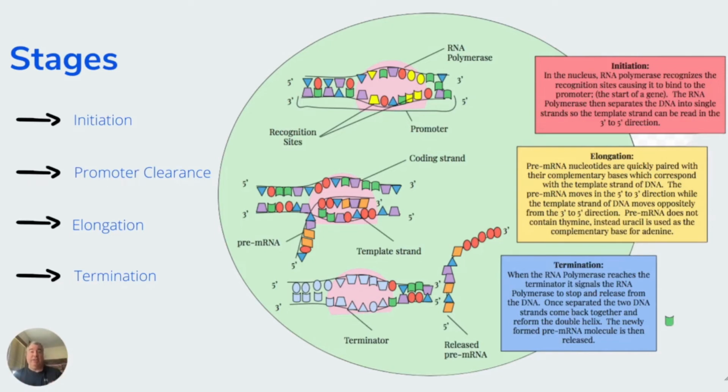It detaches. The pre-mRNA is released into the nucleus, into the nuclear cytosol, and then it's transferred out into the general cytosol. I think I did not use the right word there. Let's just say it is transferred from the nuclear environment into the cytosolic environment, where it's eventually